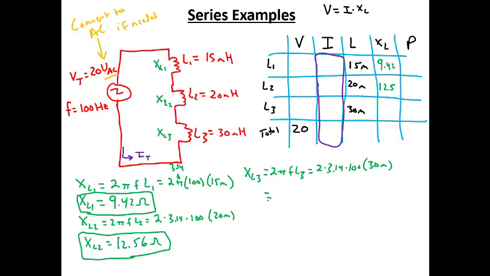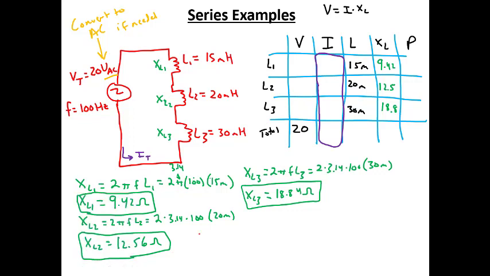Two times 3.14 times 100 times 30 milli, and I get, for XL3, 18.84 ohms. All right, so now I found 18.8 ohms for XL3. Now the next thing I'm going to do, and let's pick a different color for that,